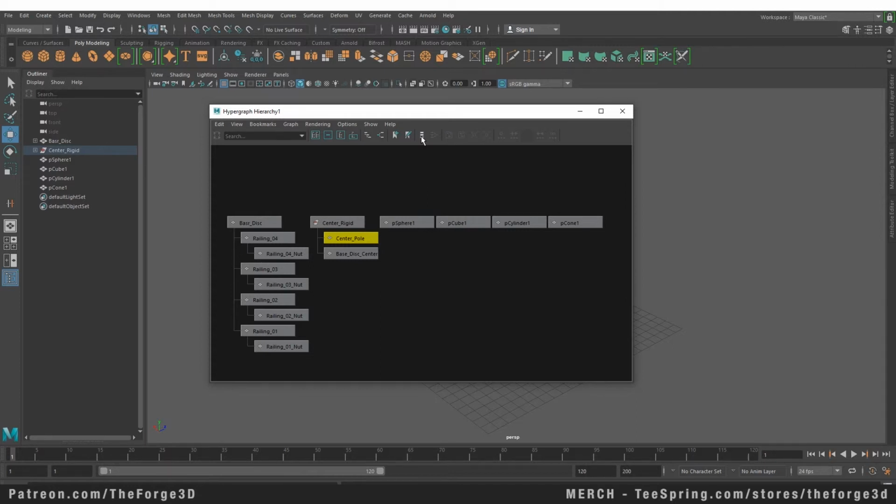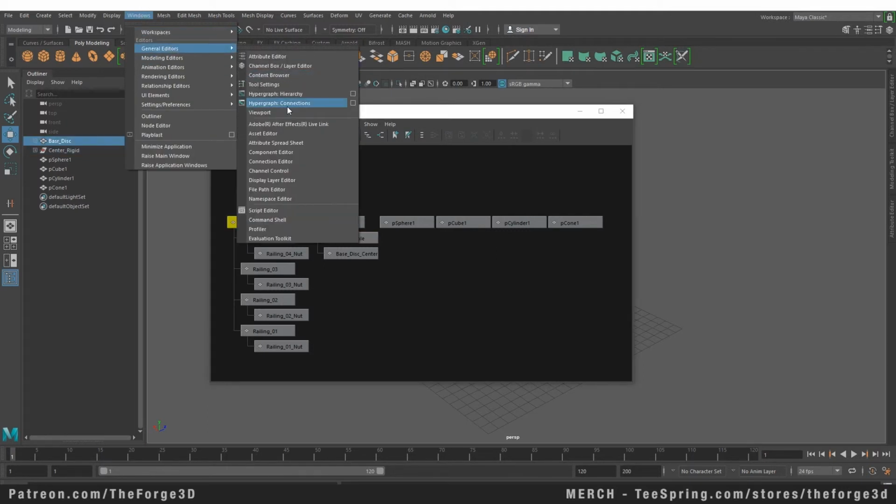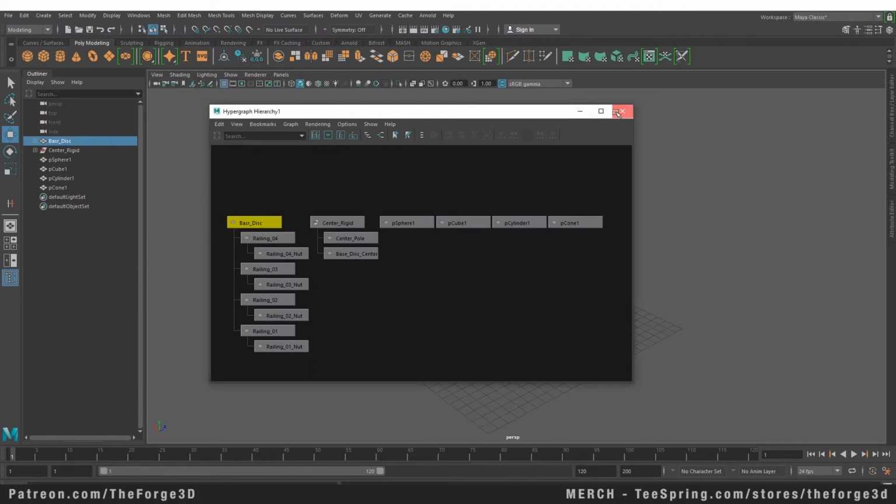So now that we know the functions and how to navigate within the hypergraph hierarchy window, let's talk about the hypergraph connections window. You can access the hypergraph connections window by clicking on this button, or you can go back to your Windows menu, your general editors, and click on your hypergraph connections. Now when you click on it, you can see that it will show us this window. Right now there is not a lot of stuff in here because we have nothing selected. So let's select our scene